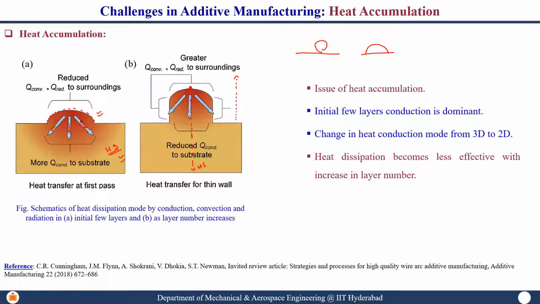And you see here, it is a three-dimensional heat conduction. I mean, it is conducting the heat in every possible direction like this. But here what happens, it can only conduct the heat radially downwards. Laterally it cannot conduct any heat, because all that it can do is convection over here. It cannot conduct, which essentially means as the layer number is increasing, more and more amount of heat is getting